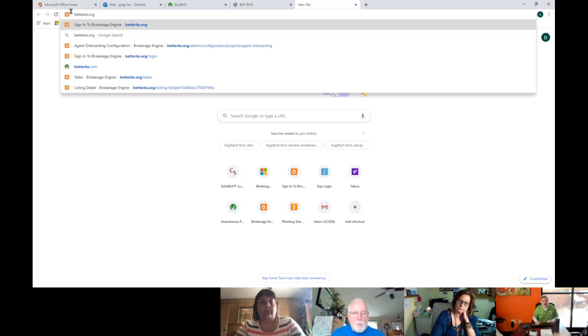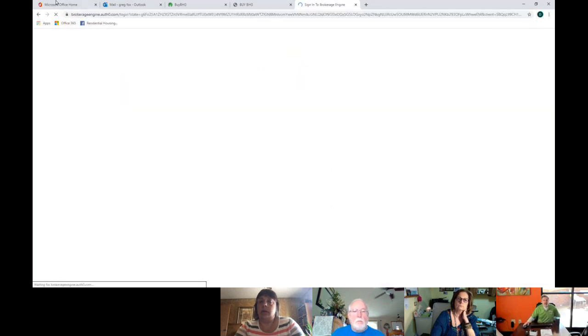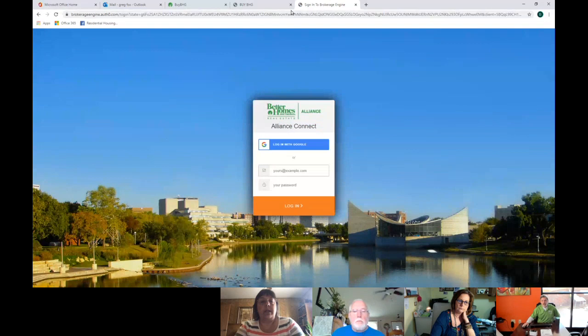And I hope I did that to try to help people remember it. But if you click on that, what you're going to see is a whole string of other stuff that comes up behind it. The reason that you cannot copy that and change it to someplace else is that other string is a way to register this machine, so we've got a high level of security about what's going on. Okay? So betterks.org, that's number one.